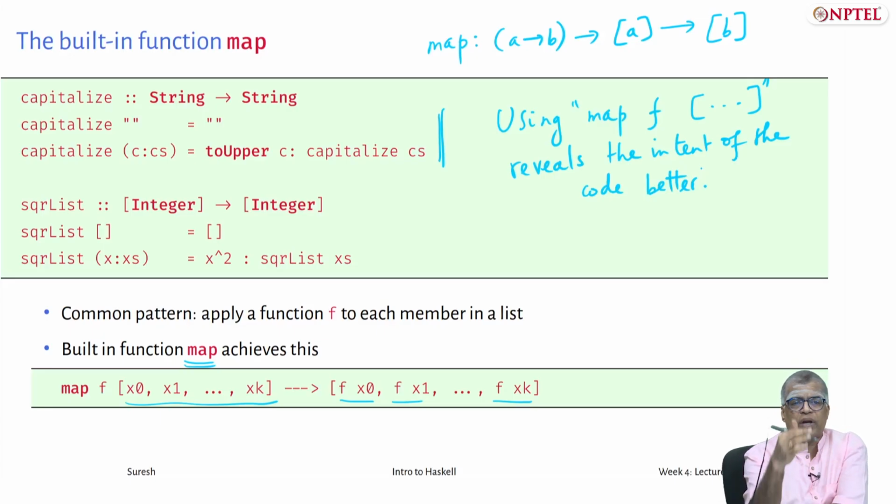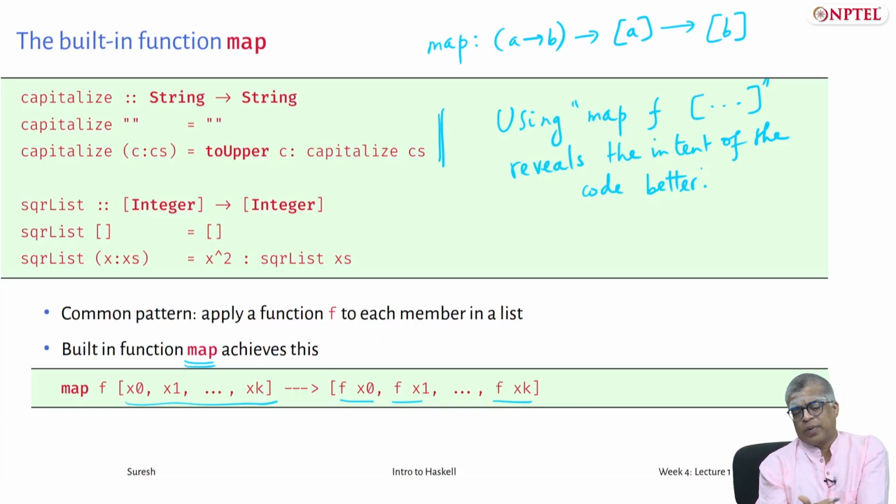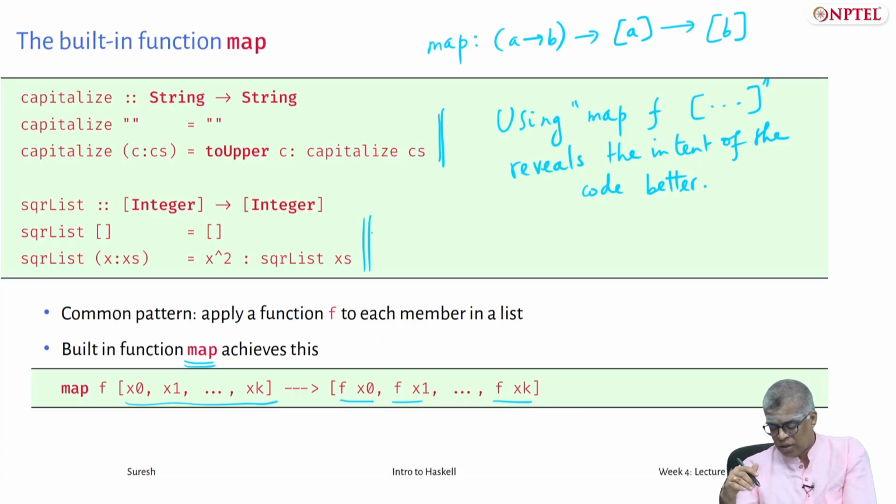Right? Otherwise, you would have to read each line of your recursive definition and then figure out that all that is happening is that some function is being applied to every element of the list, right? Because recursion is the most general form. I mean, some kind of computation which cannot fit into any standard pattern that can be expressed using a primitive recursive pattern matching like this. But wherever there is a very well established pattern that you are following, you should use some of these higher order functions that Haskell allows you, and map is one of the most important functions.